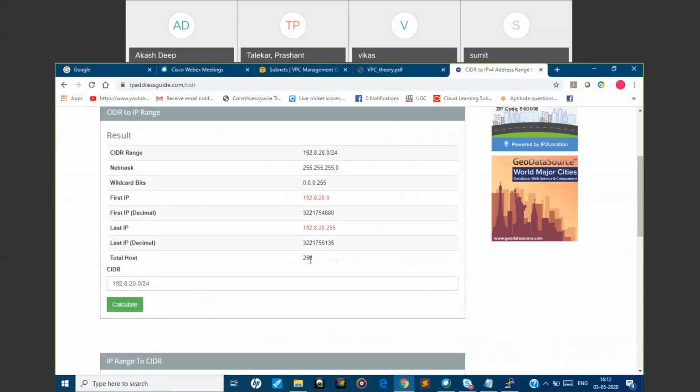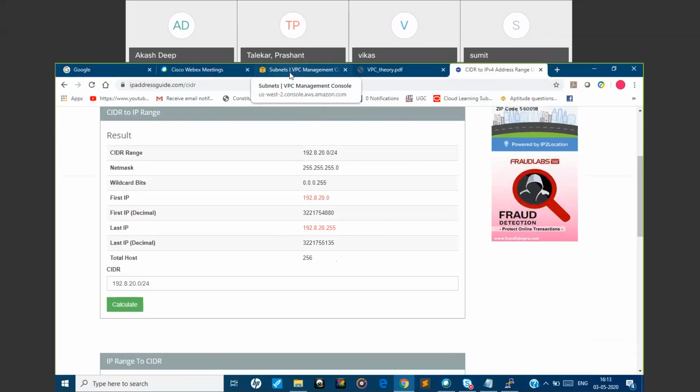So 256 total connections, and the first IP will be assigned to the router, and the last IP will be reserved for the broadcast. That also you need to remember. With the help of this tool, you can get which IP is reserved for your router and which IP is reserved for your broadcast, right? All things you can see.